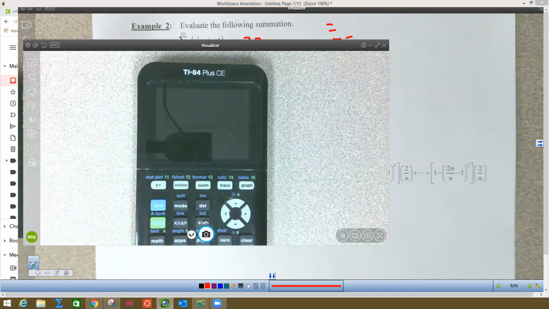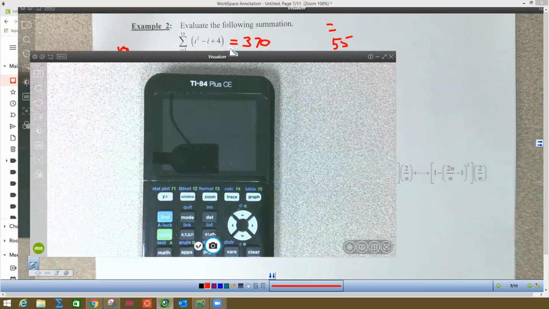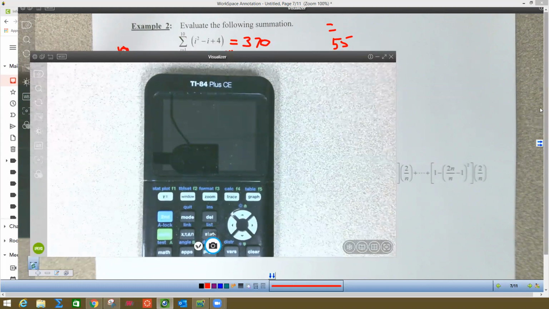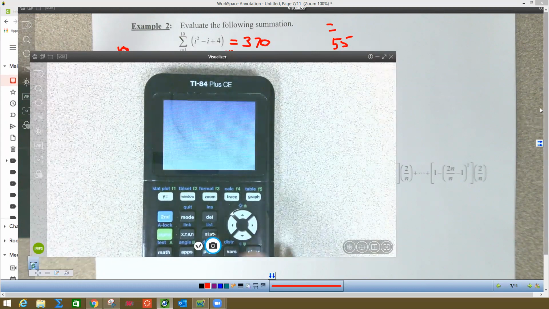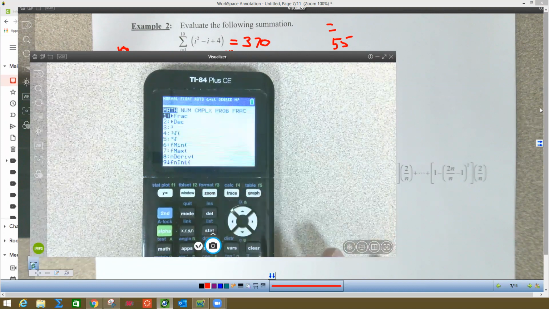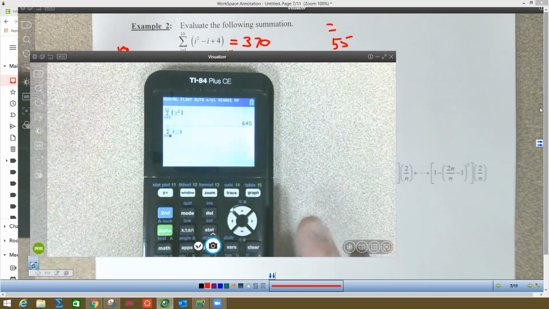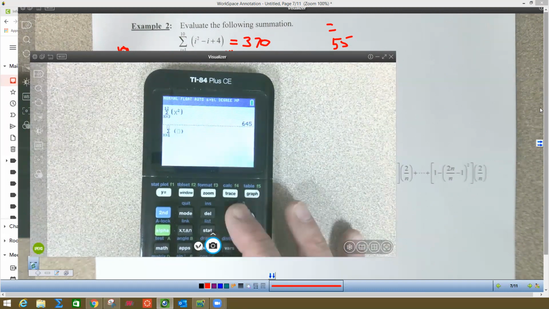Let me get my calculator up here. I'm going to move that down a little bit so you can see that. I'm going to type that thing in there and show you that I get the same answer. So I'm going to turn this thing on. I'm going to hit math, and 0 will give me the summation, and I'm going to do x instead of i because it's faster. And I've got 1 to 10,